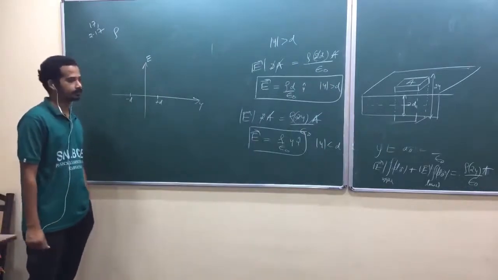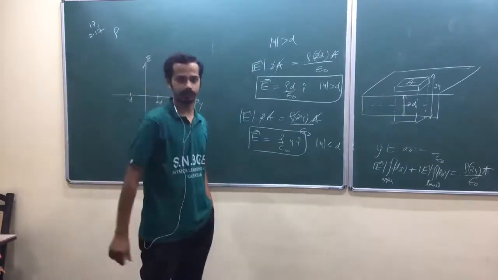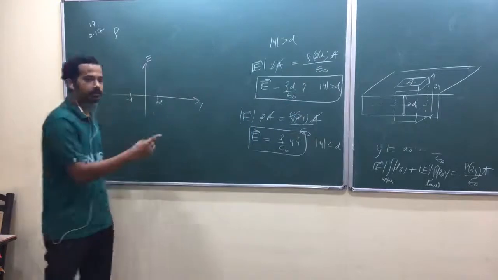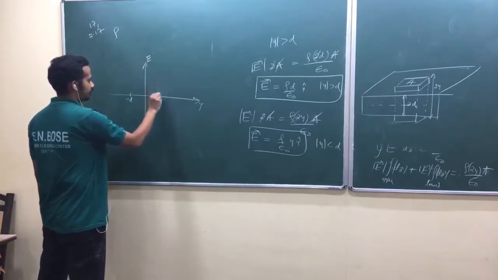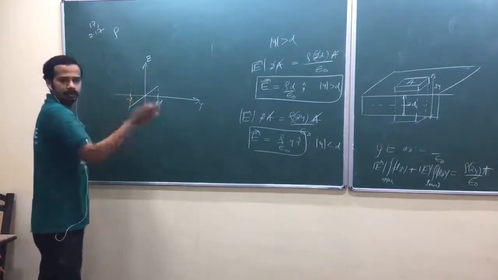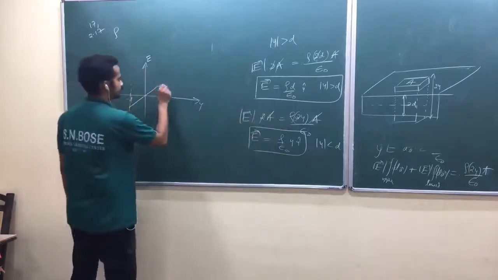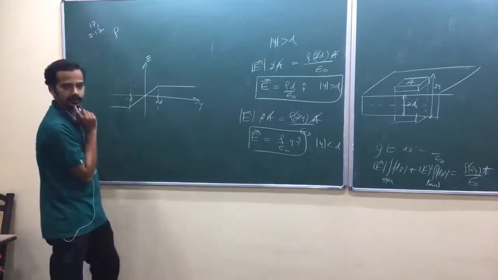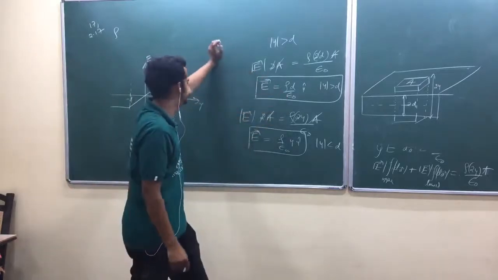Is that okay? And the same thing we have done in the case of the thin infinite plane also. Remember, we ran our Gaussian pillbox symmetrically above and below the plane, and I prefer that one. Minus d to plus d, it is proportional to y. It should be like this. Proportional means linear, a straight line passing through the origin. So after that, it is constant. Something is missing. No negative sign here.